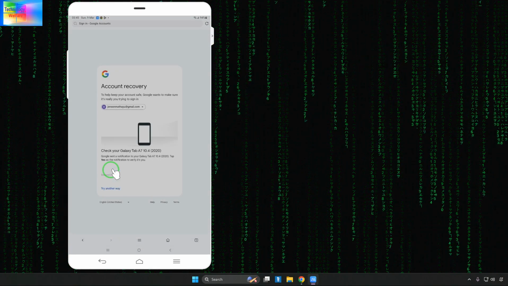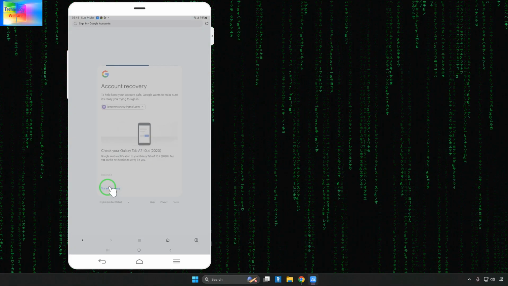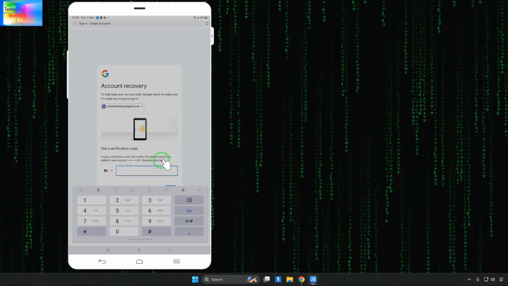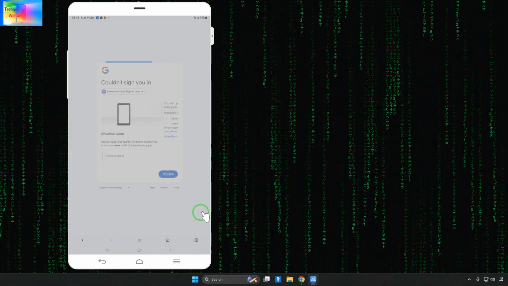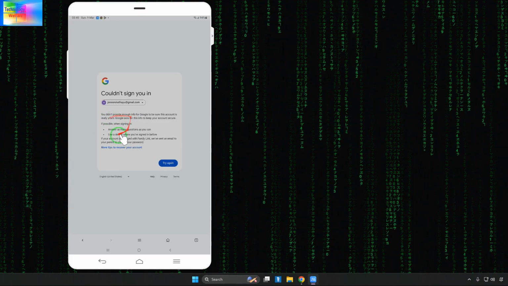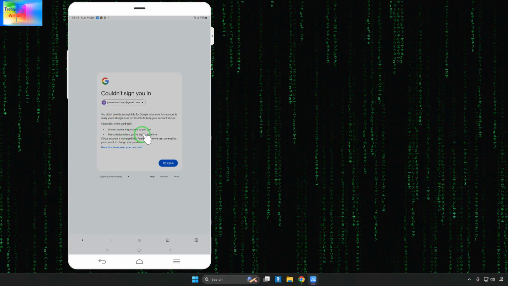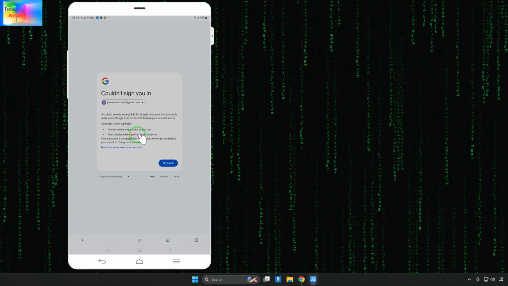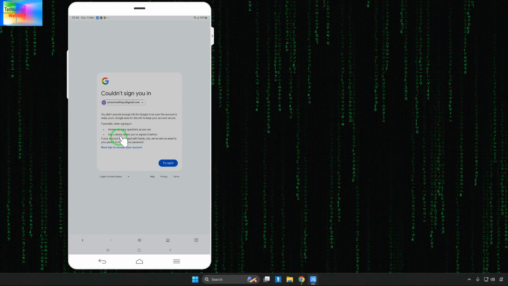and if I click on forgot password, now this is essentially something we don't have, so we will go for try another way, and yes, here also we don't have it, try another way. Now see here what happens. Now it essentially asks many questions. Use a device where you have signed in before, sorry sir, couldn't sign you in. So now what can we do here,